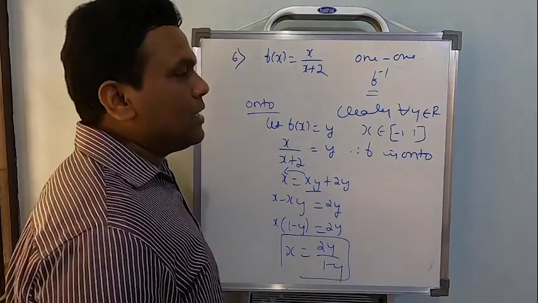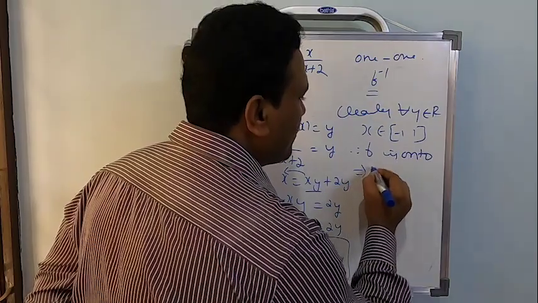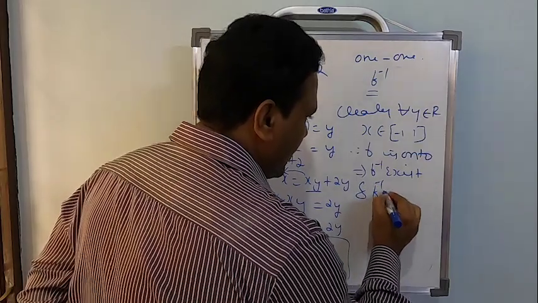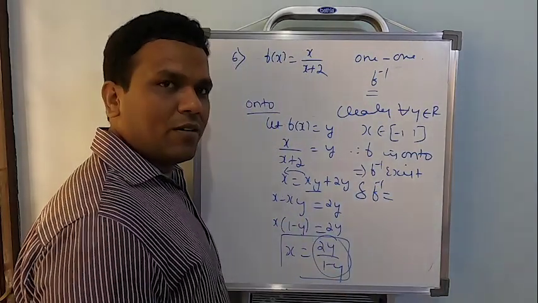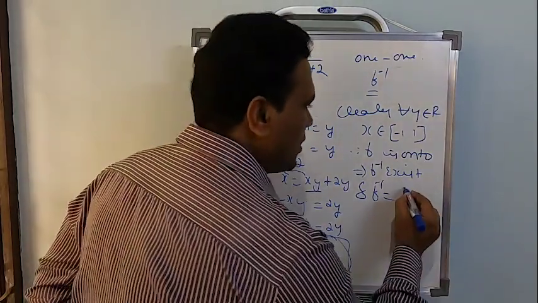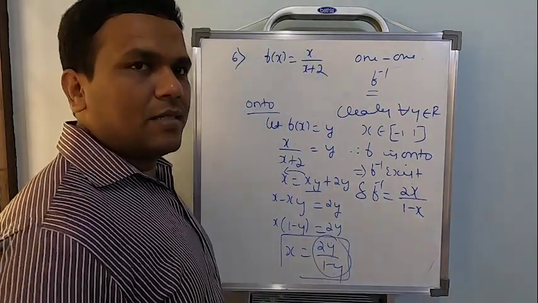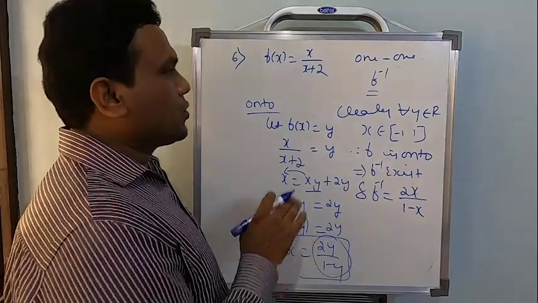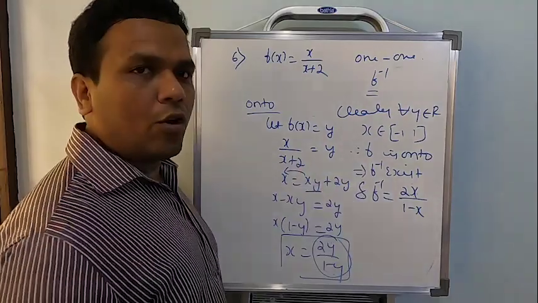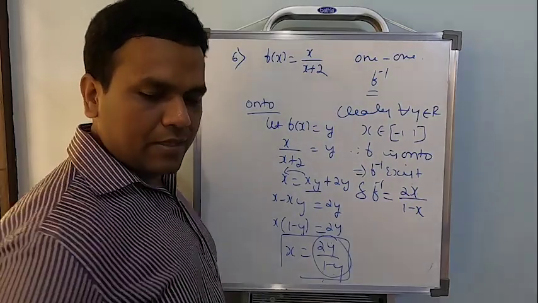Therefore f is onto. If it is 1-1, already we have done. If it is onto, right? If it's 1-1 and onto, therefore f inverse exists. And f inverse equal to, here you have written something now, that is nothing but f inverse. So it's quite simple, you just need to replace y by x, that's all. F inverse equal to 2x by 1 minus x. This is one method of doing the problem. Clear? So start with 1-1, finish it, check with onto. Since it's already 1-1 and onto, f inverse exists, and f inverse equal to g, whatever you got here. This is one method.